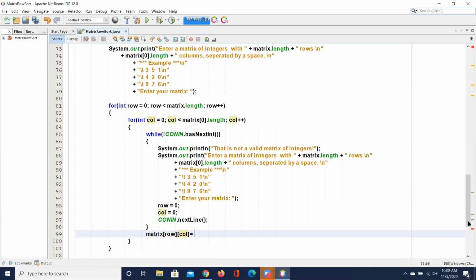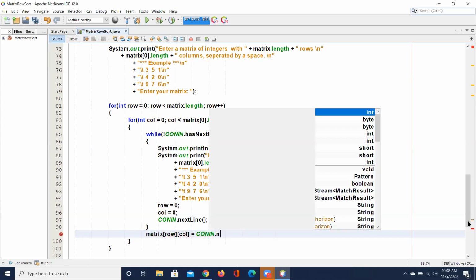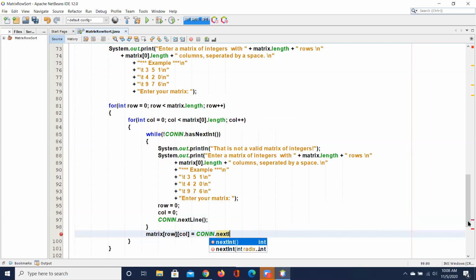Will be equal to, should be our con in. I'm off by one key all the time. I think that'll work. Then if we come out of that,